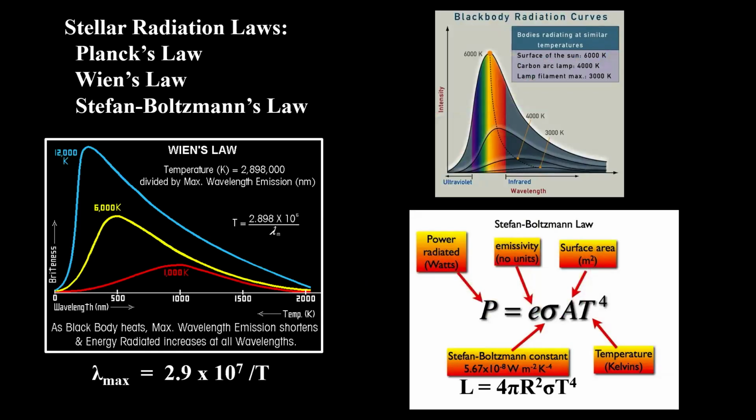The stellar radiation laws and black body radiation have been a part of every past astronomy event, as they explain basic physical properties fundamental to all stars. A black body is an artificial construct that absorbs all radiation it receives and then emits it all away again. Everything that goes in comes out.